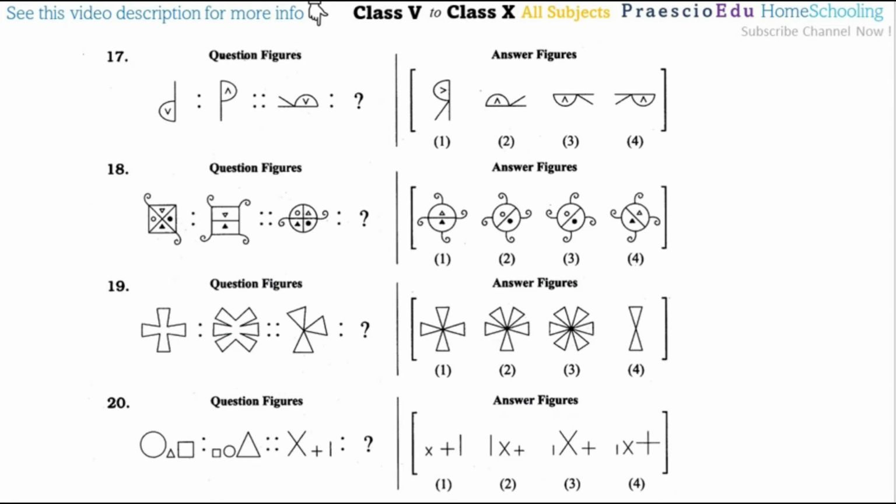Now question number 17. So this shape with a rotation of 180 degrees will come as the English P, and this symbol will be in an upward direction. So that's why the same relation we have to make for this one. So it will convert with a rotation of 180 degrees. So after the rotation of 180 degrees, if this is here, these directions will be here, but this half circle will be at the bottom side. So option number 3 is the correct one.